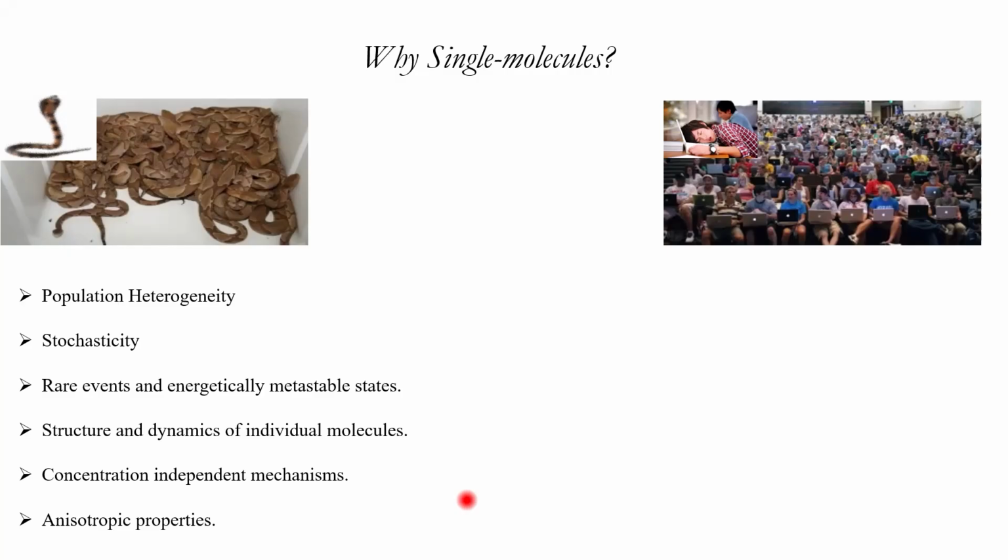Now, take single molecule sequencing. If you give multiple DNA strands, each of them will give a different signal, so you will get an average value of that. You will not be able to identify how each of them is behaving. But if you give a single molecule, a single DNA strand out of here,